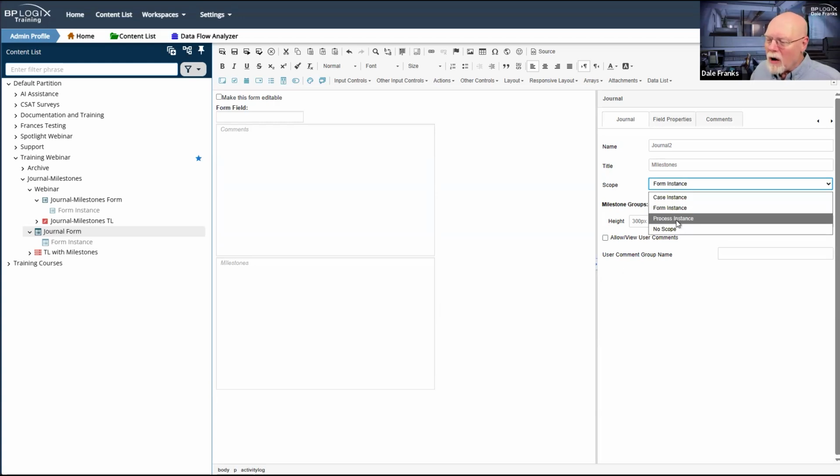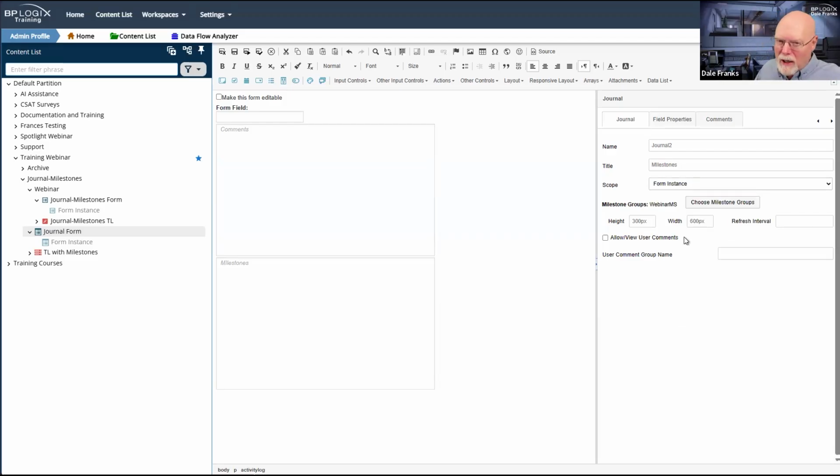I could have been wrong in my explanation of what the process instance was. But then why did the one form work? Not sure what is happening back there with that scope. But in a few minutes, we'll go back and reset the scope on that journal control, and we'll see if it works as expected there. So that's what my 2 controls here do. Whenever I run them, we can just go through and do both our comments.